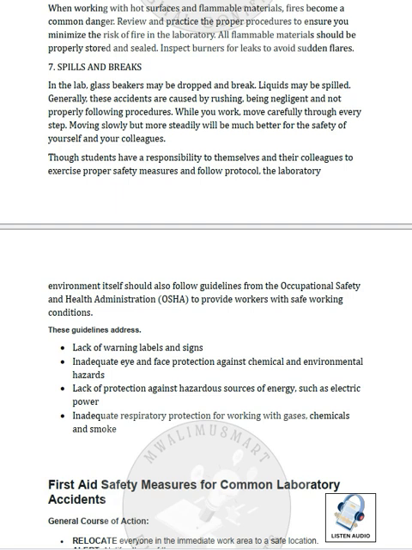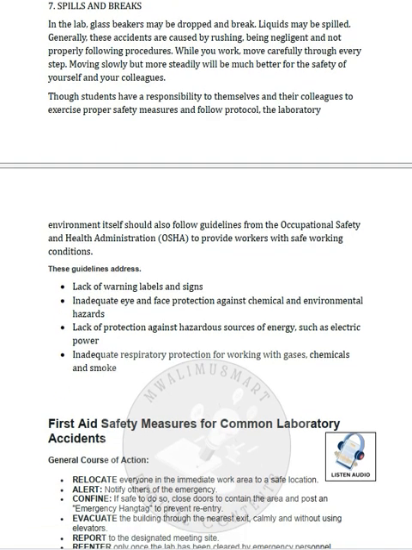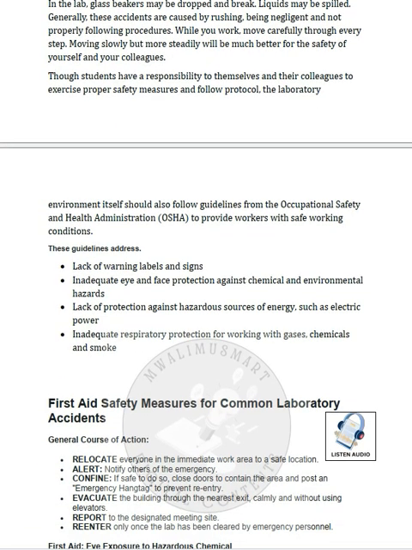7. Spills and breaks. Rushing, negligence, and not following procedures can lead to spills and broken glass. Move carefully and steadily throughout your work. Additionally, laboratories should follow guidelines from the Occupational Safety and Health Administration, OSHA, to provide workers with safe working conditions. These guidelines address